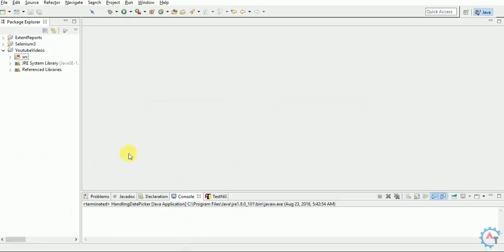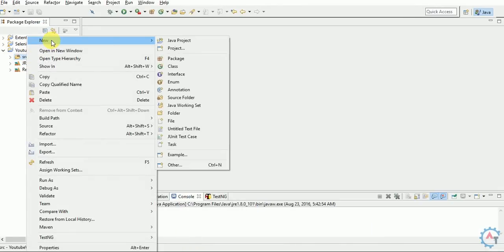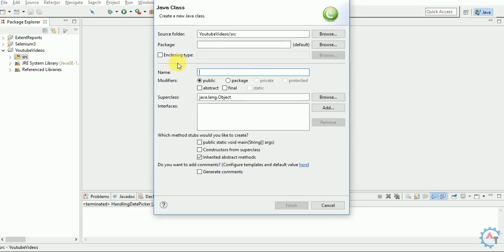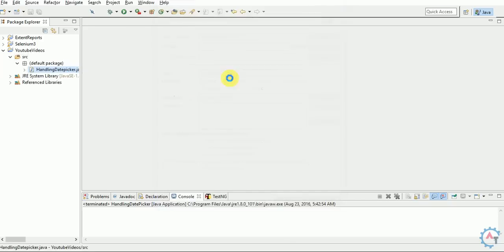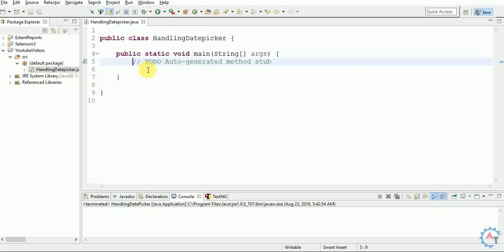Now I'll go to Eclipse. I'll take one sample class. I'll create a class. I'll name it handling date picker, and I'll use a standalone program, public static void main.